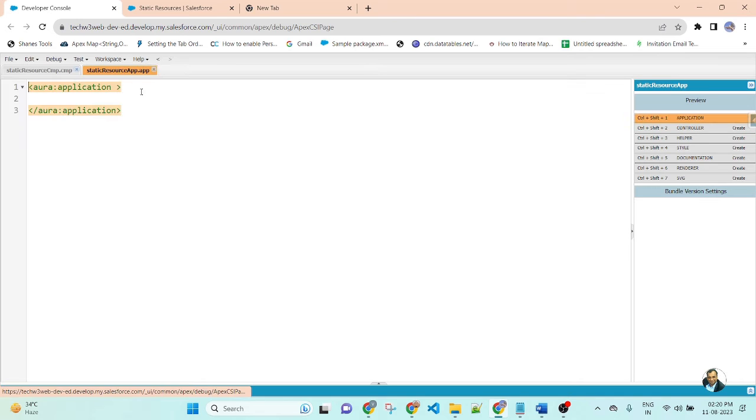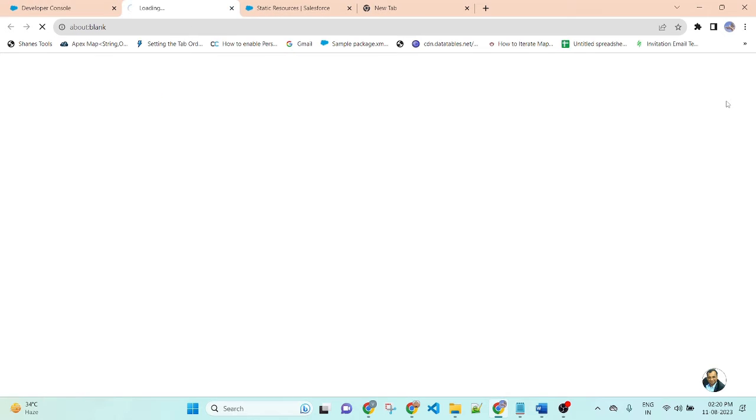Here I will call the static resource component, c colon, the name of the component, and here I will use the extends equal to force:slds. Save the application. Here is the option to preview the component. Click here.